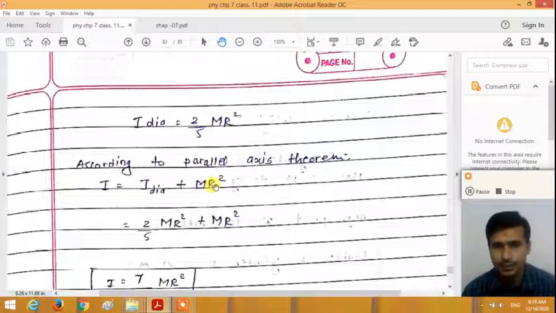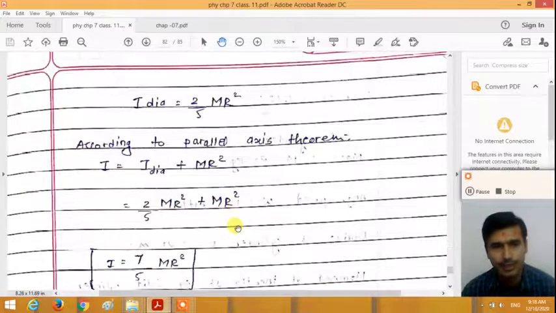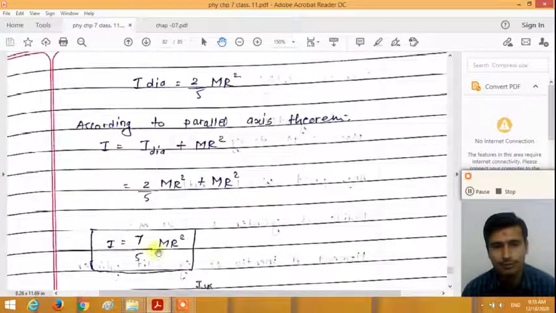So here the distance between two parallel axes is r, right? So I diameter plus mr square. So I diameter, moment of inertia about a diametrical axis is 2 by 5 mr square plus mr square. We get I is equal to 7 by 5 mr square. So moment of inertia of the sphere about the axis passing through its tangent is I is equal to 7 by 5 mr square. Now second part is that